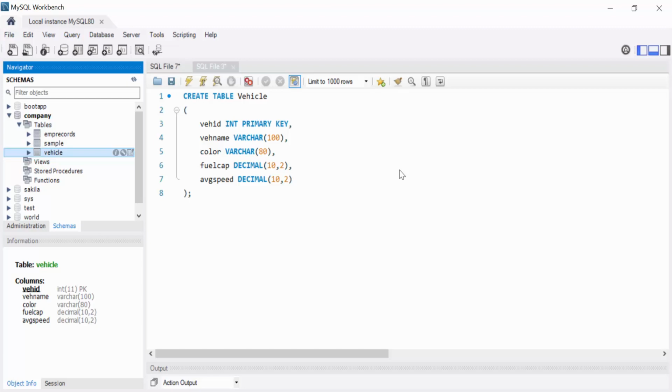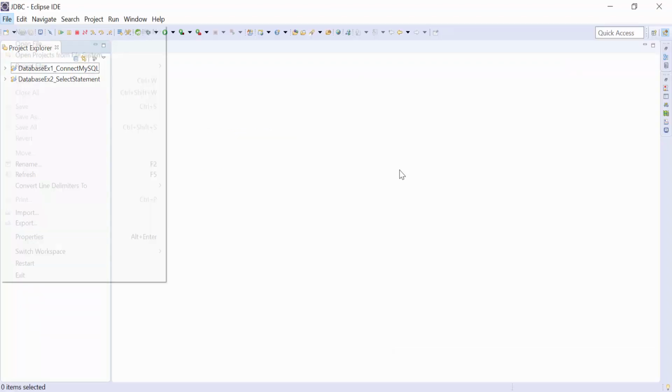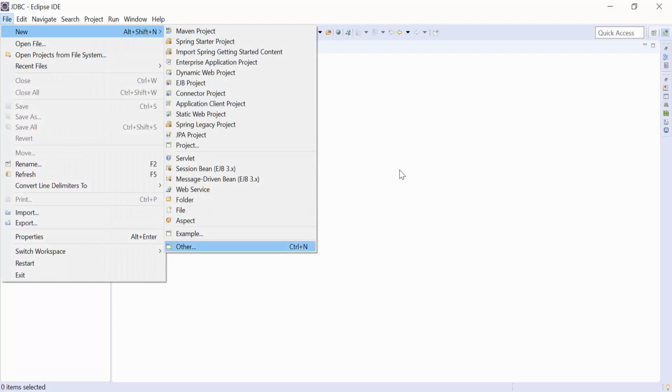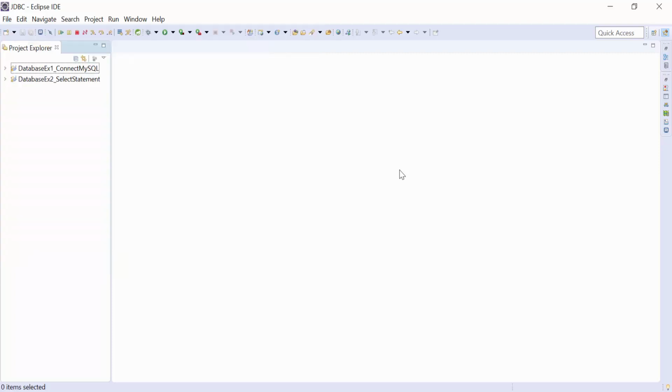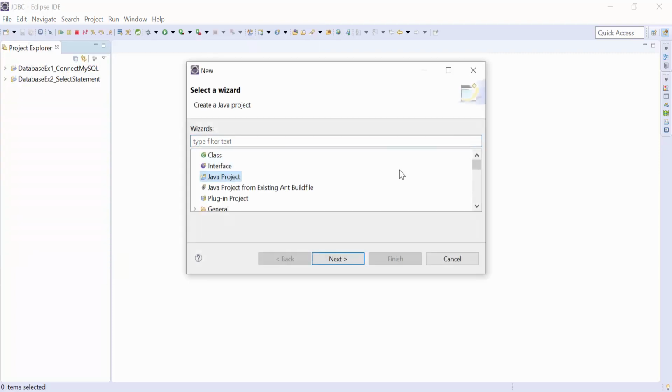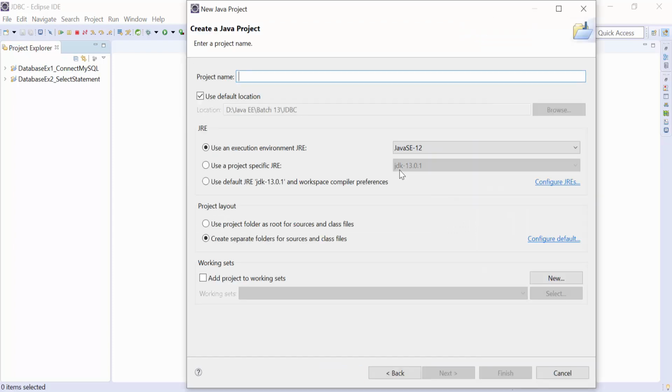So you can see the vehicle table is there, and now in Eclipse we create a project. Here we name that project CRUD operations.